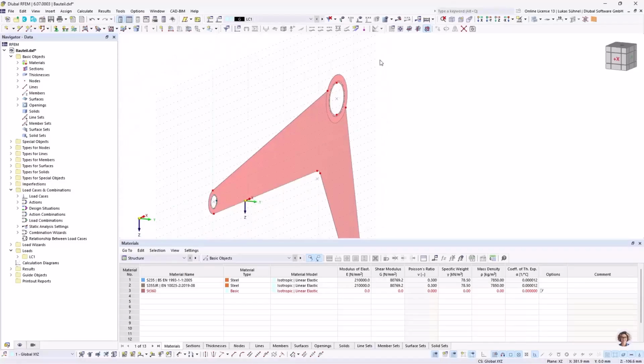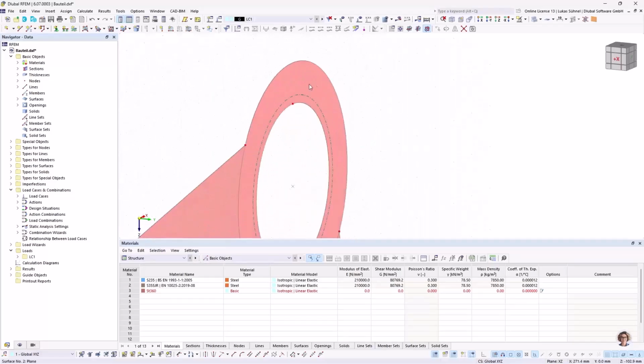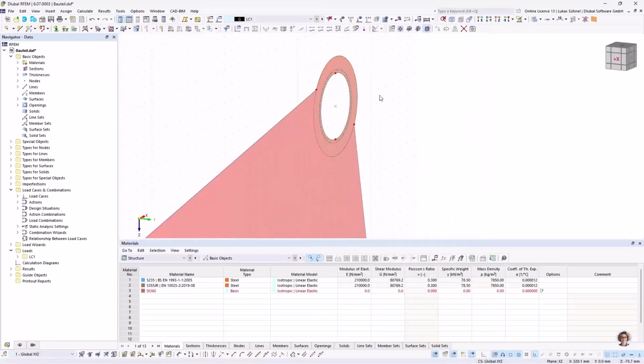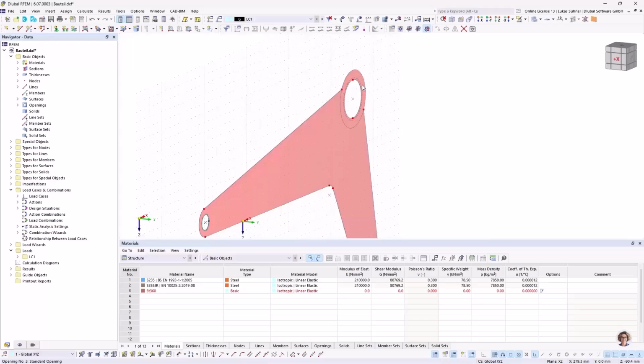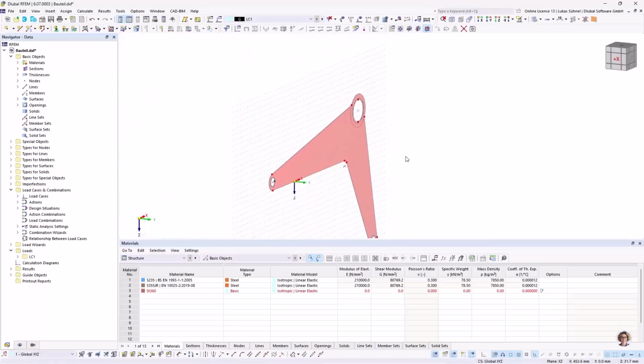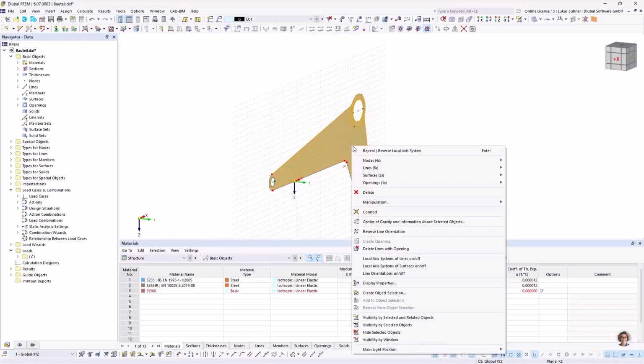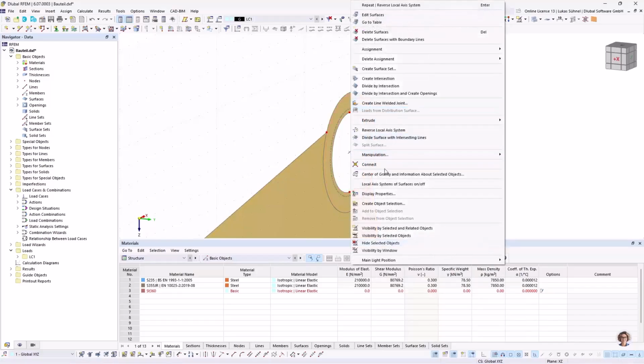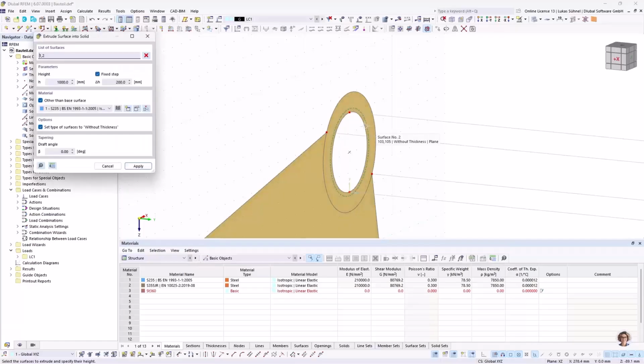If I do it at the same time for both surfaces, they will end up in different directions. So I will turn the coordinate system of one of those surfaces, reverse local axis system. Now they show both in the same direction, and now I can extrude it. I select the surfaces and hit the